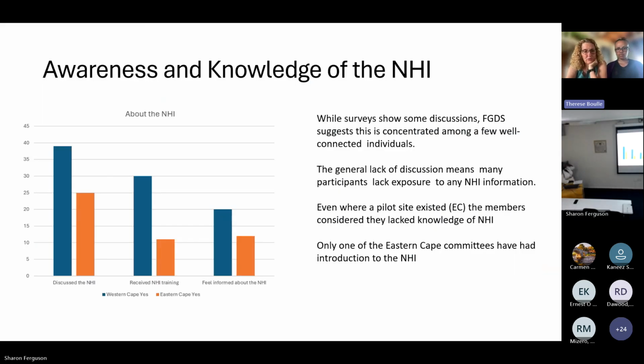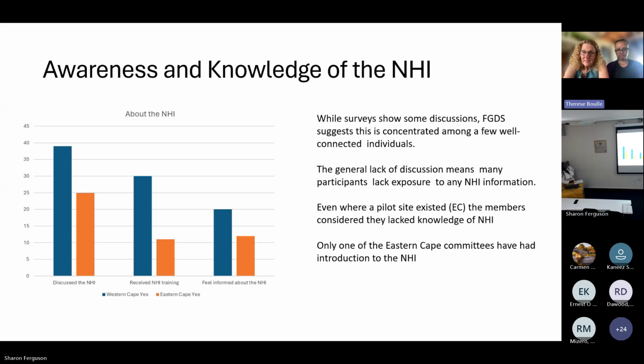So moving on into more about the NHI, our surveys looked at the NHI, and then in our focus groups, we also asked a lot more. Whilst the surveys showed that there was some awareness and knowledge, some had discussed, some said they had received some training. When we talked about it in the focus group discussions, it was clear that the knowledge was